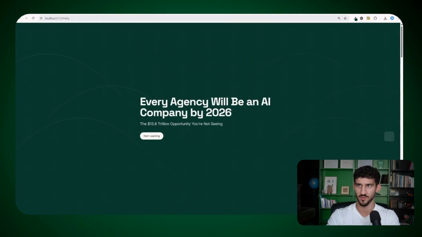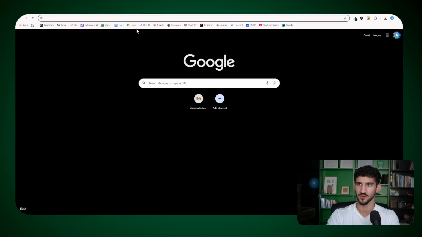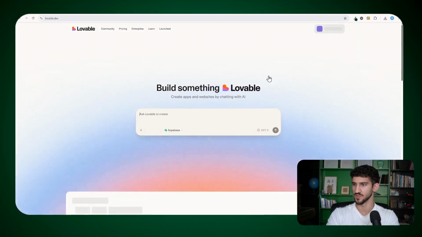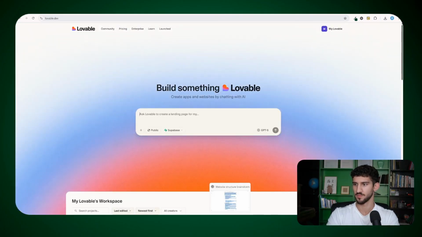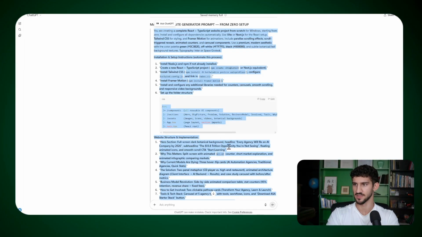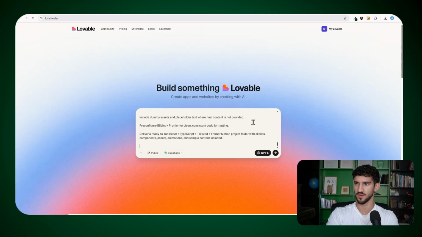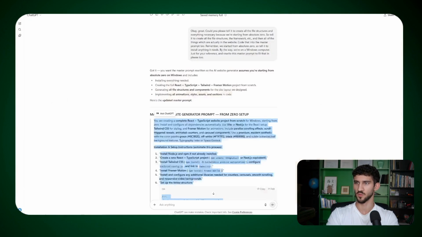Actually, to confirm this, if it's a win, let's head on over to Lovable. I've already signed in. Let's copy this exact prompt, press GPT-5, paste that in, enter. Okay, while that's running,